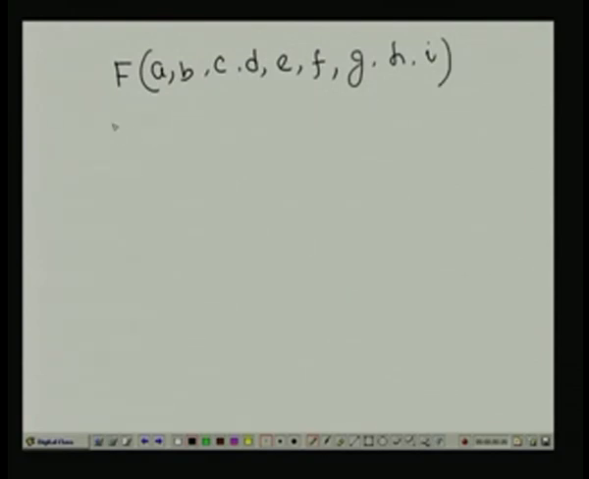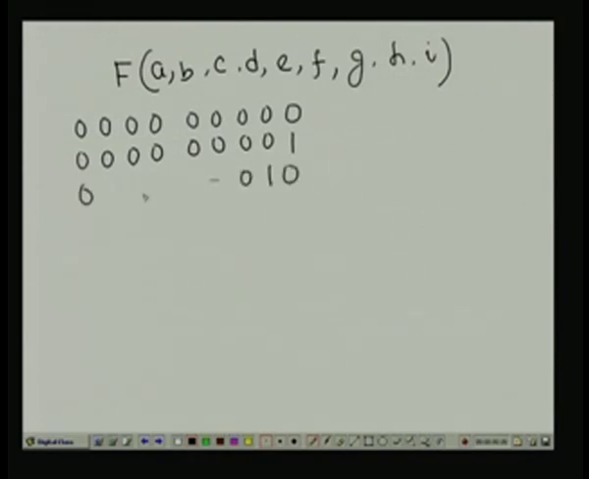Now, if I draw the truth table, then these 9 variables will go from 0, 0, 0 to all 1s. I have to take all possible combinations. Here it will be 2 to the power 9, equal to 512